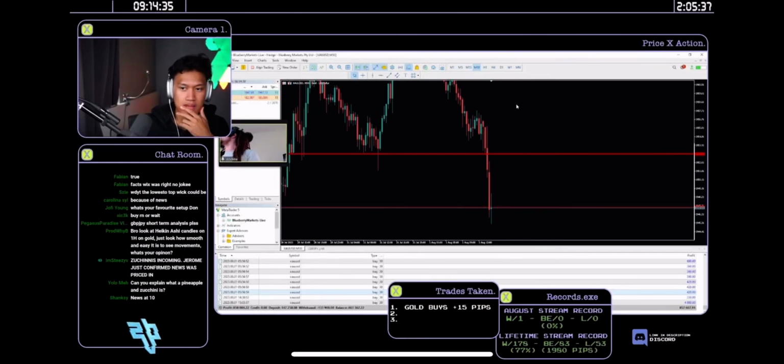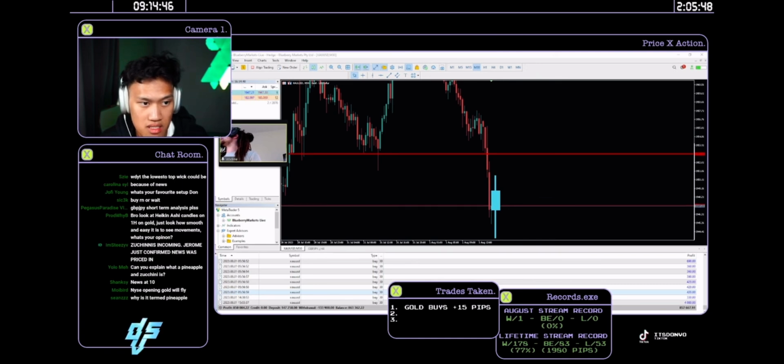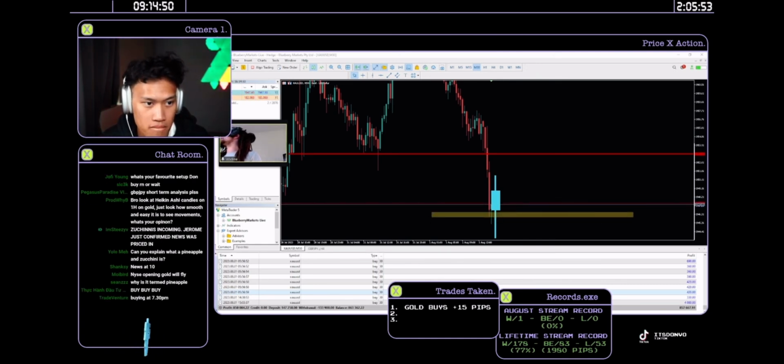Zucchini is just like this would be zucchini. If this were to form on a 5, 15, 30, whatever time frame, you have a closure, support, and then after a closure, since this is your new support now, and that wick is a range, right? You get something like this form,